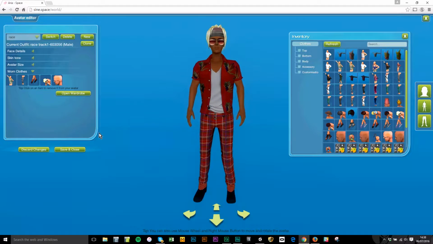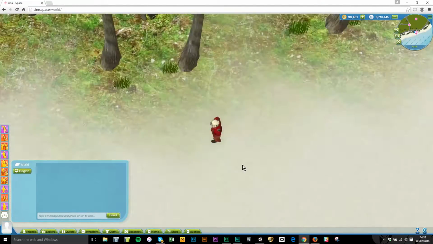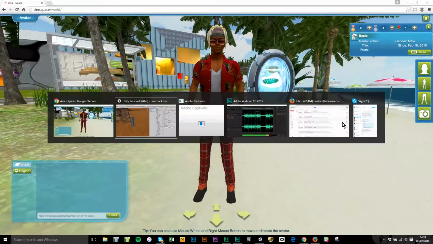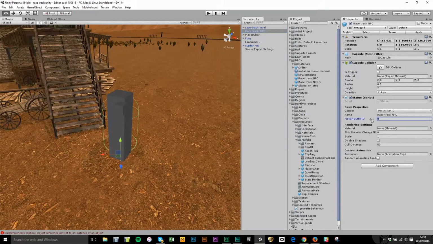So I'm going to press save and close in a second, but you'll notice that I've already got a number here, 603056, and that's the ID that I want to apply. So I click save, that's my character, that's the outfit I'm going for. I go back to the editor and I add 603056, and that's it. I can now press play,